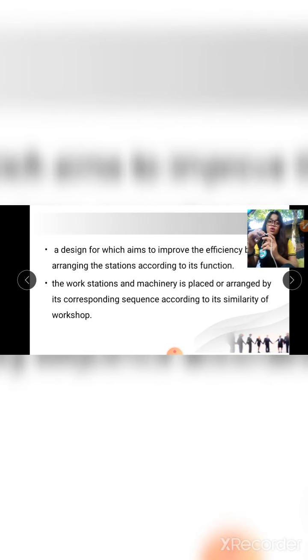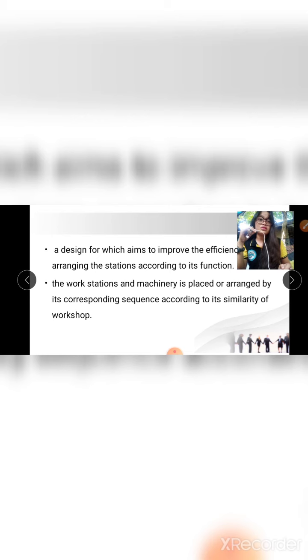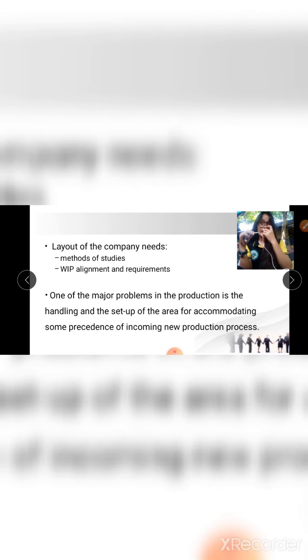Plant layout is also a design which aims to improve the efficiency by arranging the stations according to their function. The workstations and machinery are placed or arranged by their corresponding sequence according to their similarity of workshop. Plant layout of the production company needs some methods of studies